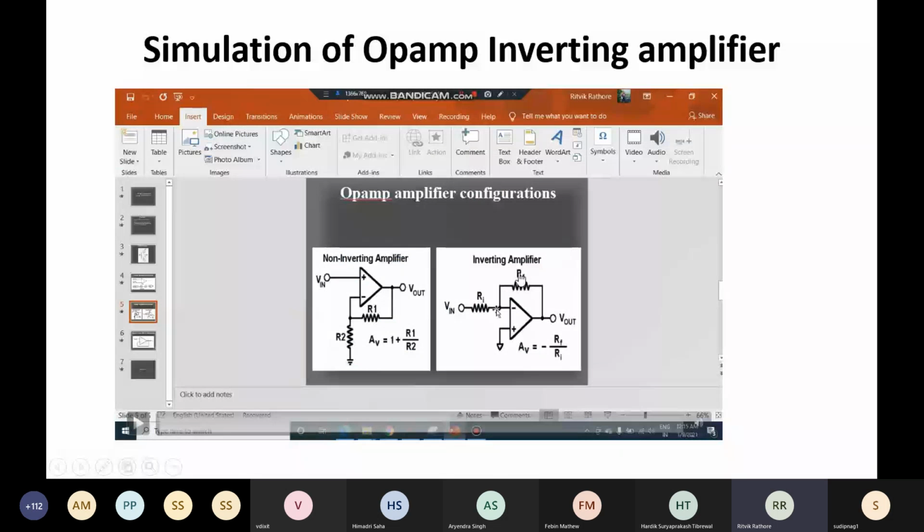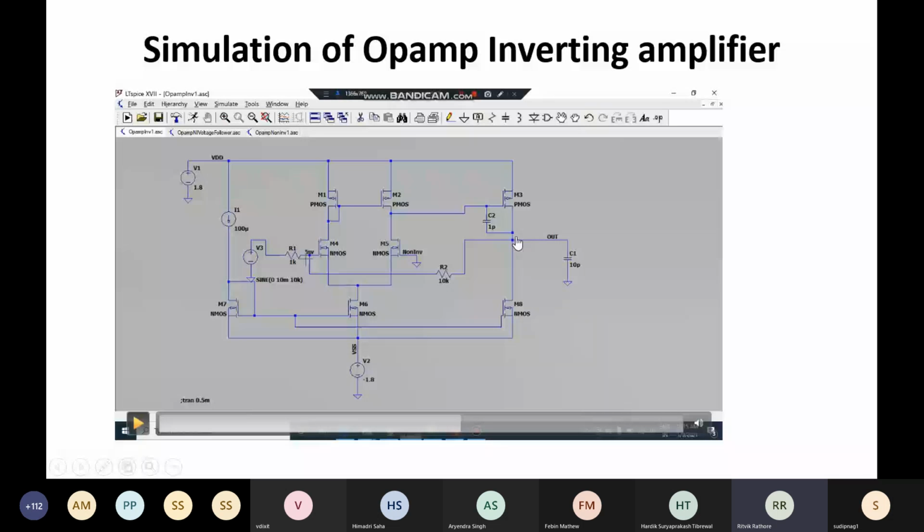Okay, so now since we are designing inverting amplifier, we can see that there is a feedback resistance connected from output node to an inverting terminal. And then there is a resistance connected between input and inverting terminal. The non-inverting terminal is simply grounded. So let us do these connections in the schematic. Okay, so here also you can see that from output node to an inverting node, there is connected a feedback resistance of 10 kilo ohm. And then the input is connected via resistance of 1 kilo ohm. And non-inverting terminal is simply grounded, like we have just seen.